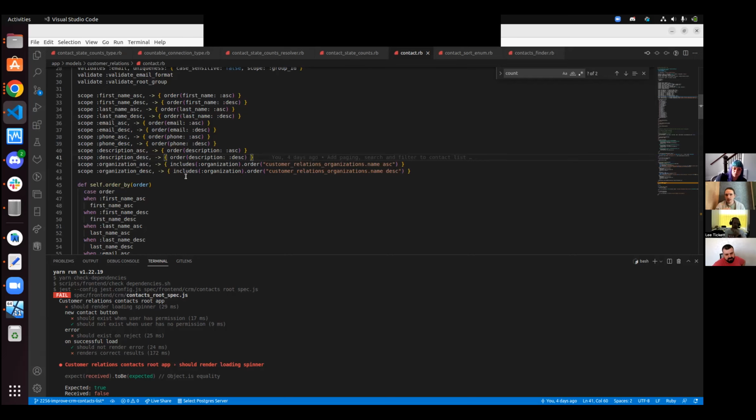What becomes kind of tricky is you have this organization sorting, right? So now you need to do a join, but there is no easy way to know which ones of these need to have the join and which ones don't. So you can kind of remove a lot of the boilerplate for the basic attributes, the ones that you have up until the organization, right? I would be totally cool with if this had to be some kind of